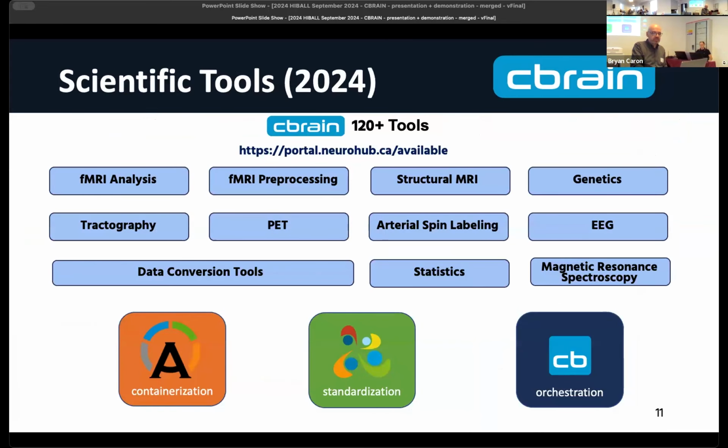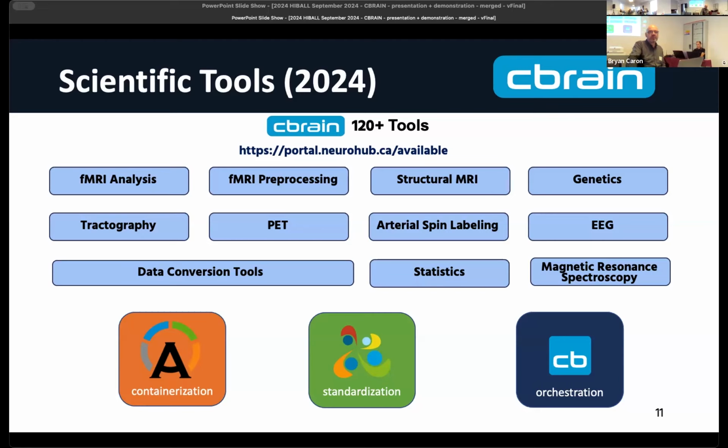So just to give you an idea of some of the tools that are there, there's a long list. If you go to the URL that's posted on the screen there, we have it automated. You don't have to have an account to see that full list. It's not organized as nicely as this, but what you can see is two different menu options. One will show you the tools listed alphabetically, but also the type of tool that it is, organized by what we call tags. It's just a way of describing what type of modality you might be working with and what type of tool it is.